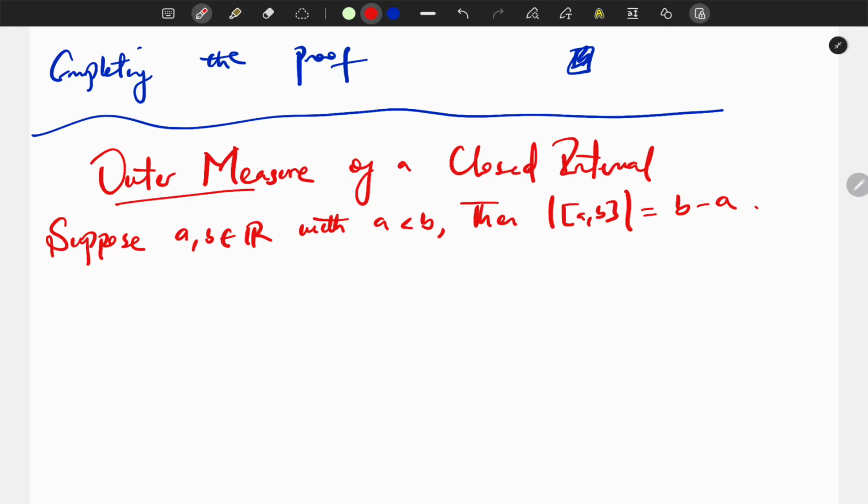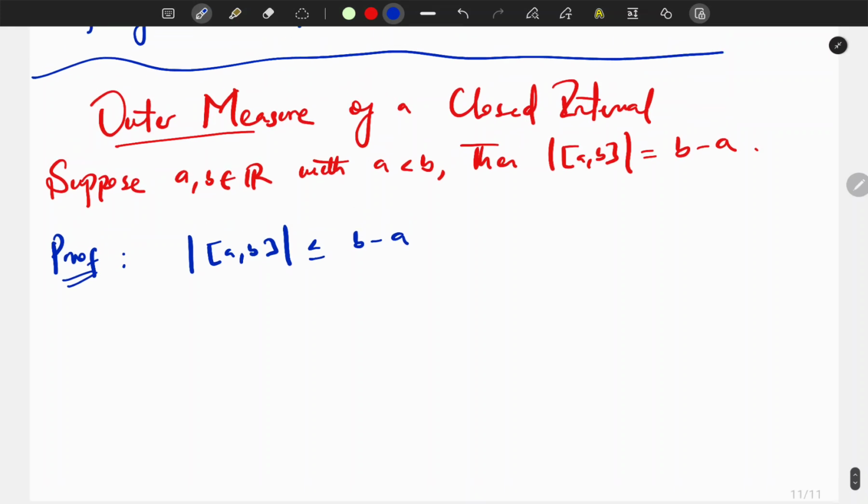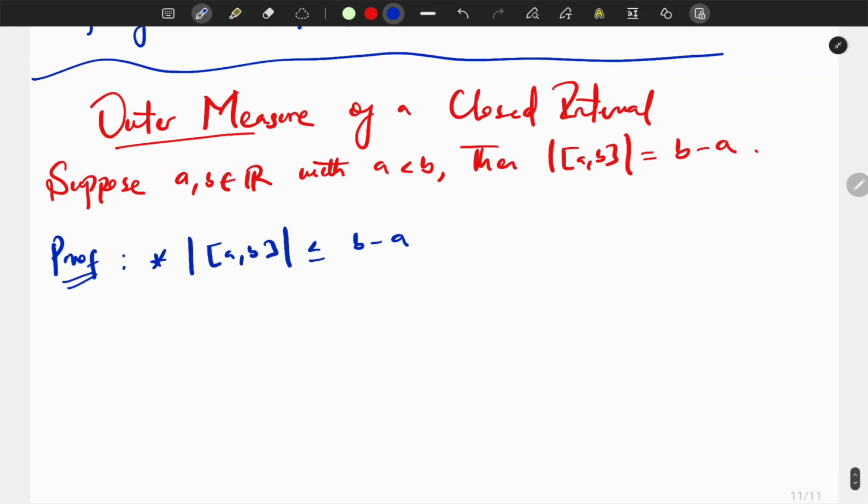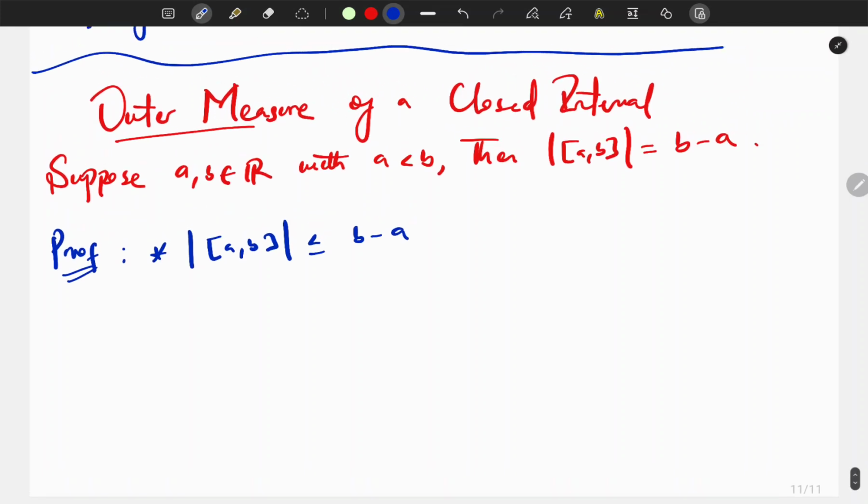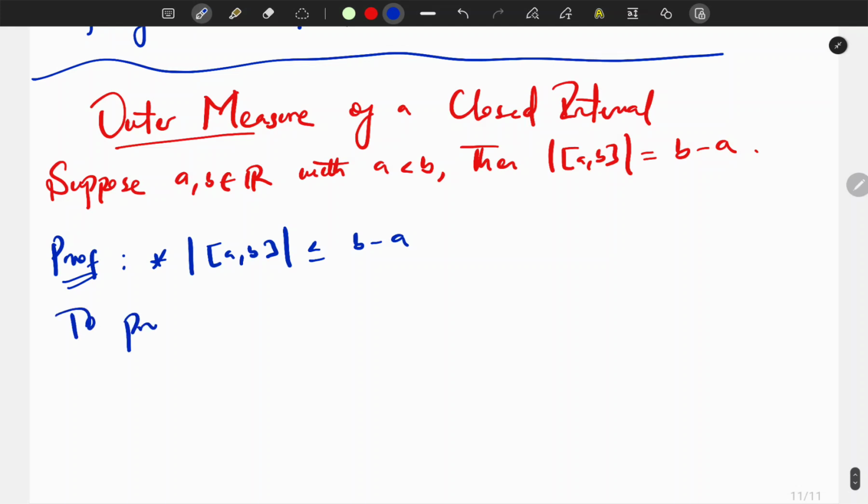Okay, so we have already proved that the outer measure of a comma b is less than or equal to b minus a. So we just want to prove the other side now. Okay, so to prove the inequality in the other direction,